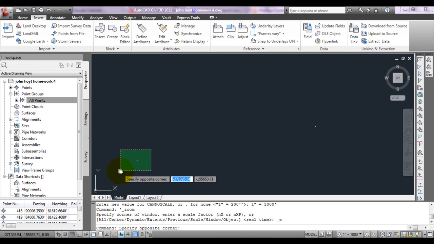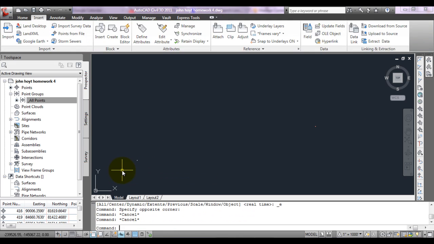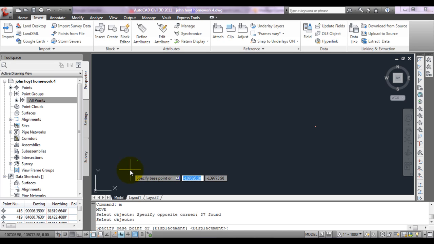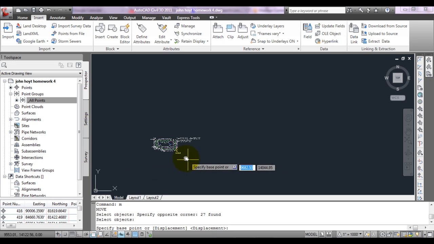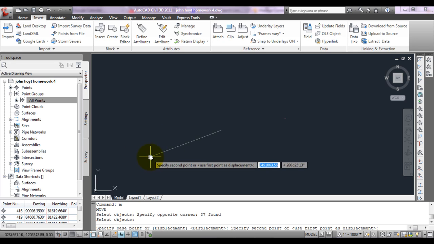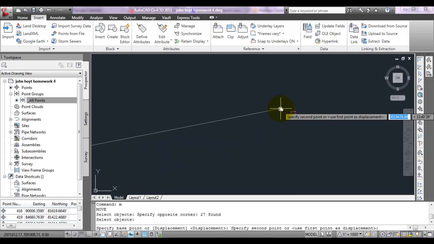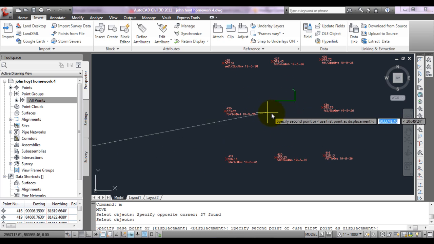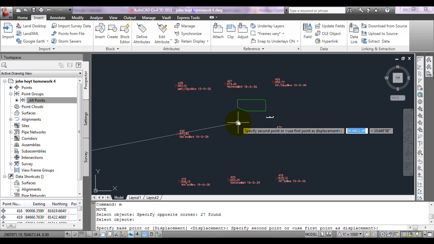Well, we're going to move all of this. Just select it with your button. Oh, let's use the move command. You can do that by typing M, enter. Select it all, right click, and it wants the base point or displacement. For this purpose, we really don't have to move it to a specific location. I just want you to click somewhere close to it and then move it way over here and make sure it's somewhere within